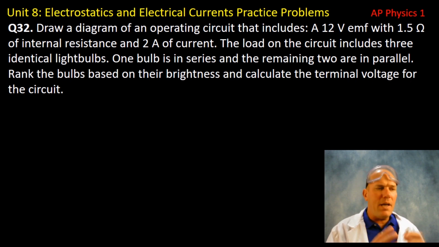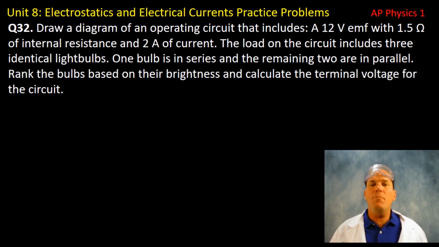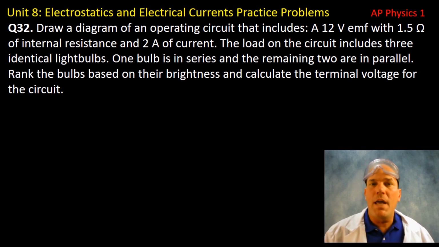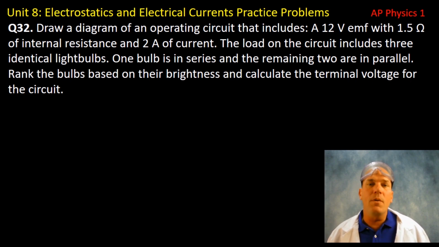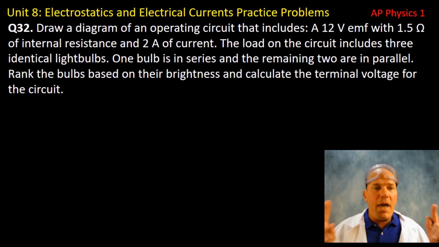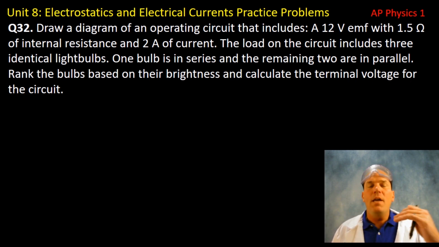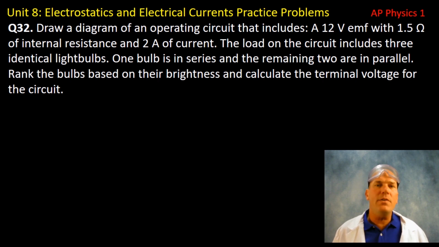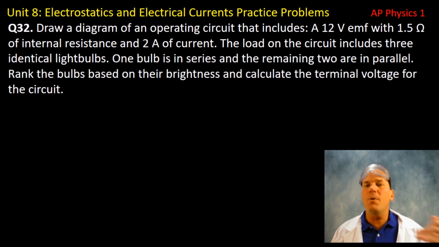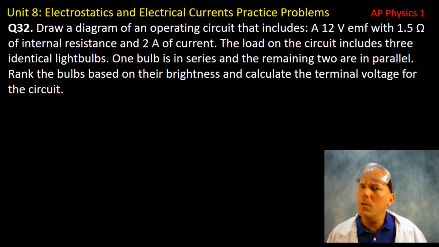Remember, we're going to treat light bulbs as resistors, and anytime we're asked about brightness, we're going to look at the power to the individual bulbs. Here, all 3 have the same resistance, and so we have 1 bulb that is in series and 2 that are in parallel. You're asked to rank the bulbs on their brightness, in other words, power, and calculate the terminal